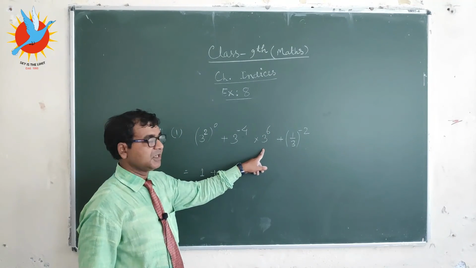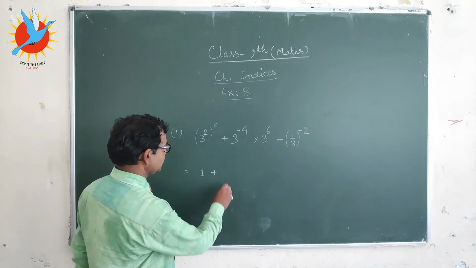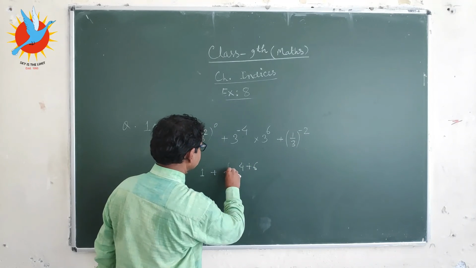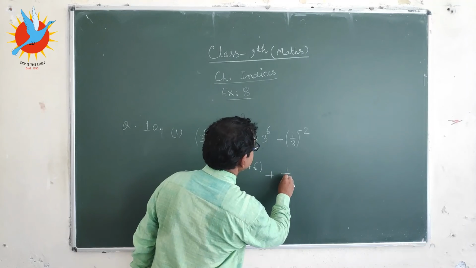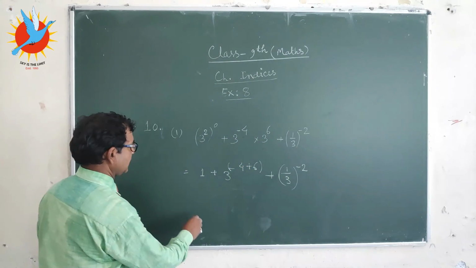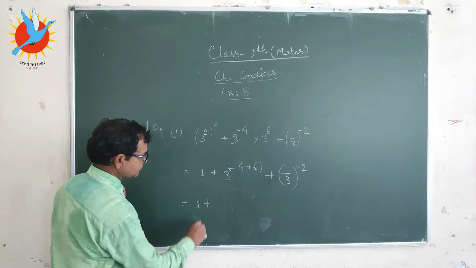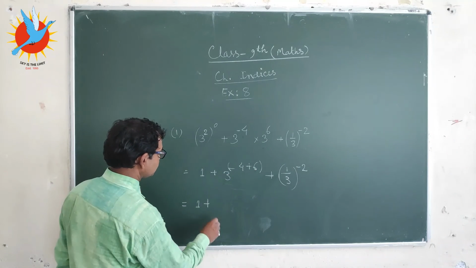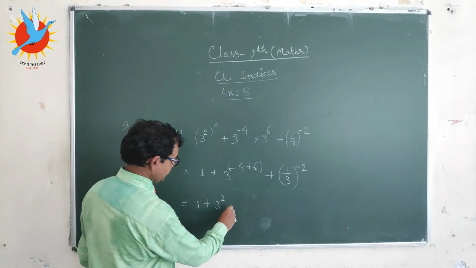Bases are the same, and if you multiply this, this will become 3 to the power minus 4 plus 6 plus 1 upon 3 to the power minus 2. Now this can be written as 1 plus, this 6 minus 4 would be, this will be 3 to the power 2 plus,